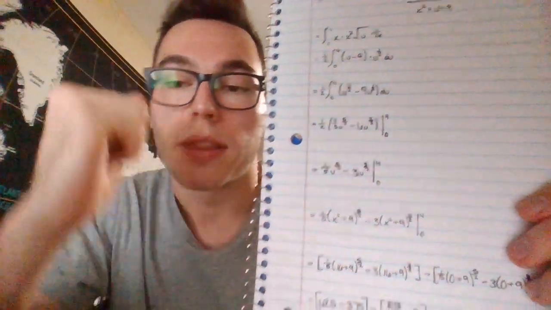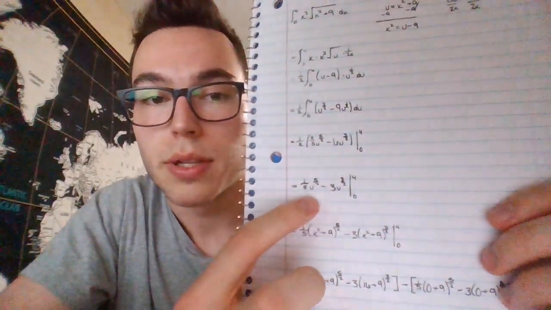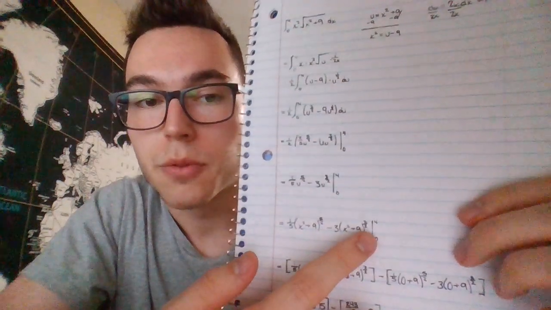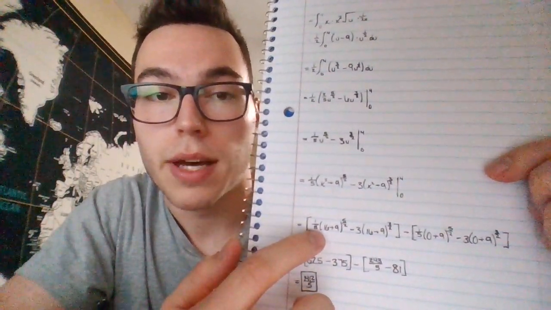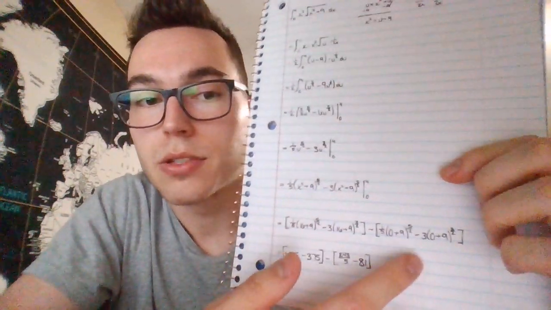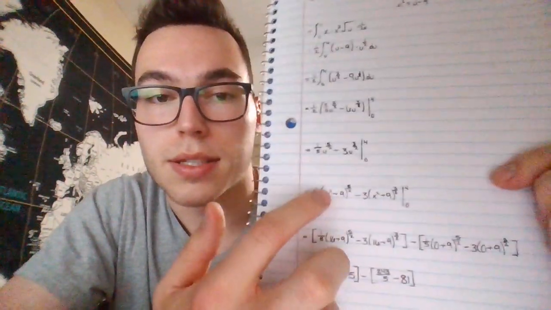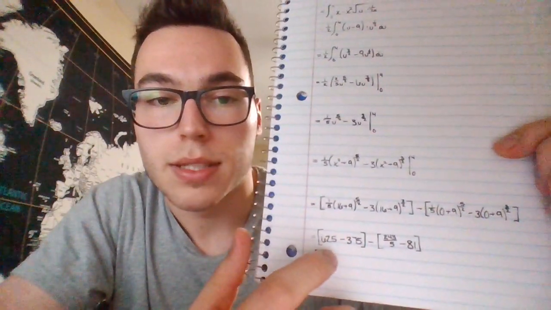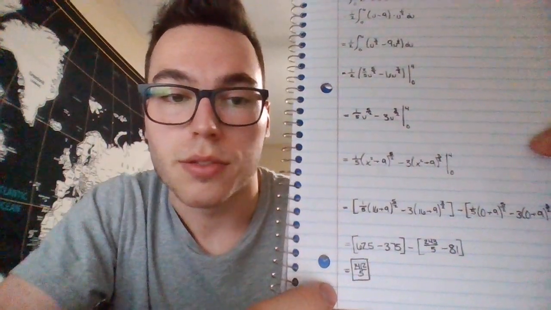So then, knowing our u, which is x squared plus 9, we can plug it in for the u's that are in here, keeping our 0 to 4 integral there. From here on, it's just cake. We just plug in our b value, which is 4, and our a value, which is 0, for the x's in here, and then we get it simplified to just these numbers subtracting, which our final answer should be